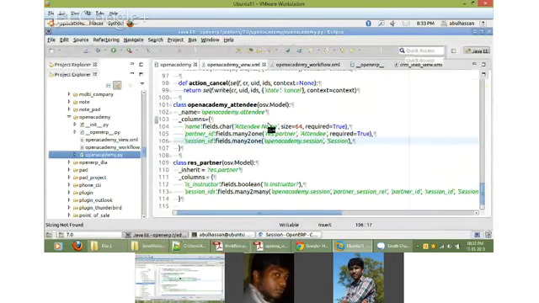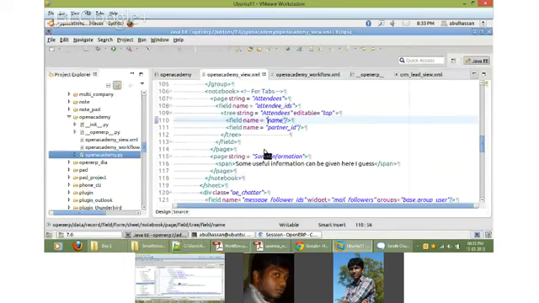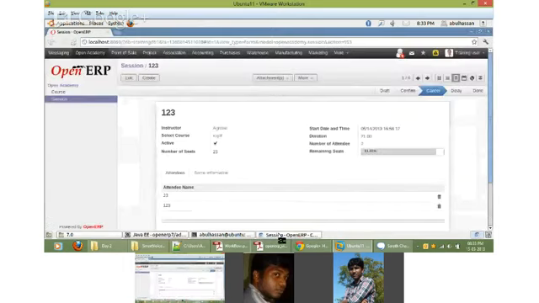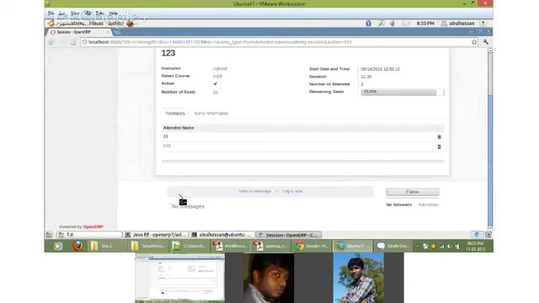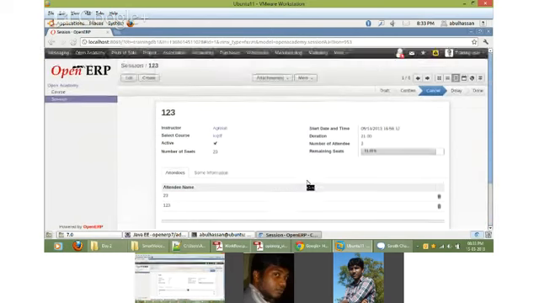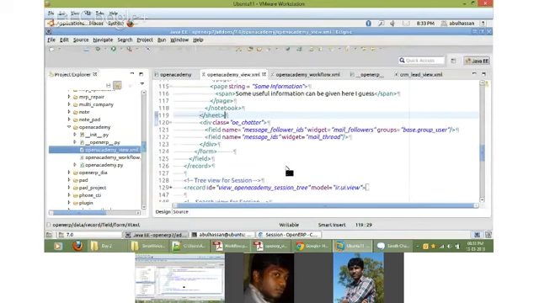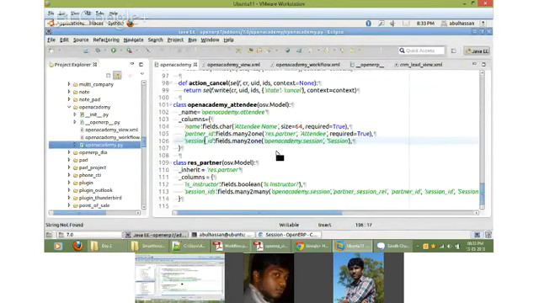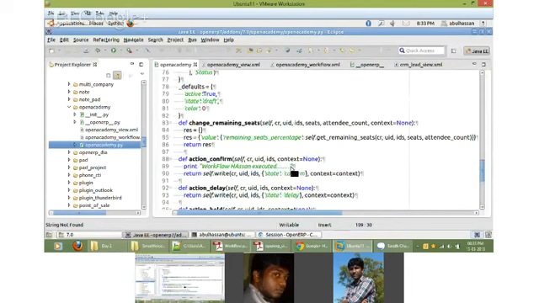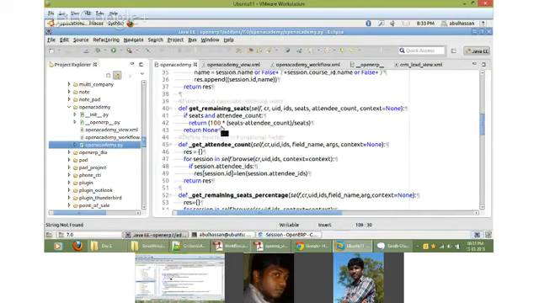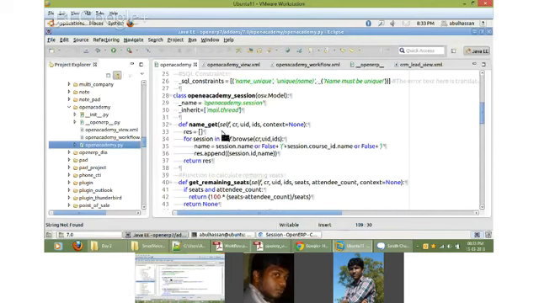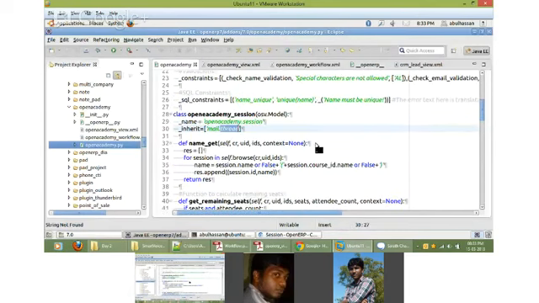This is about the form view. Okay, and you can see that once a record is saved, automatically this social networking part comes up, right? You can automatically give the message and everything. Okay. So this is actually derived from another thing called mail. That is why when you go here in this model, you can see that it inherits mail.thread.